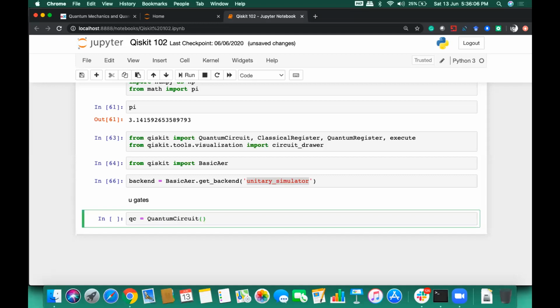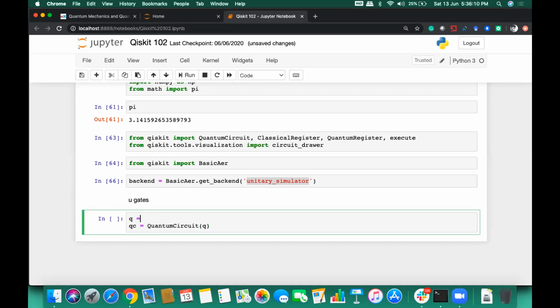In the quantum circuit here we will be passing q, and q is a quantum register. So we are creating a quantum register which will be having 1 qubit, and that quantum register we are passing to a quantum circuit.